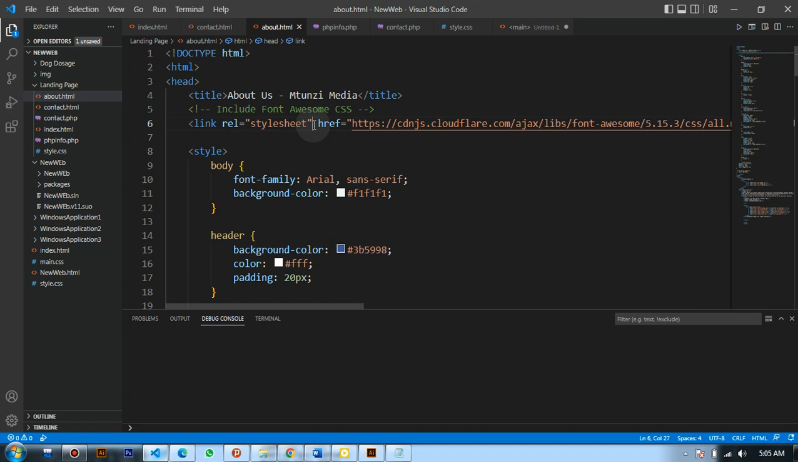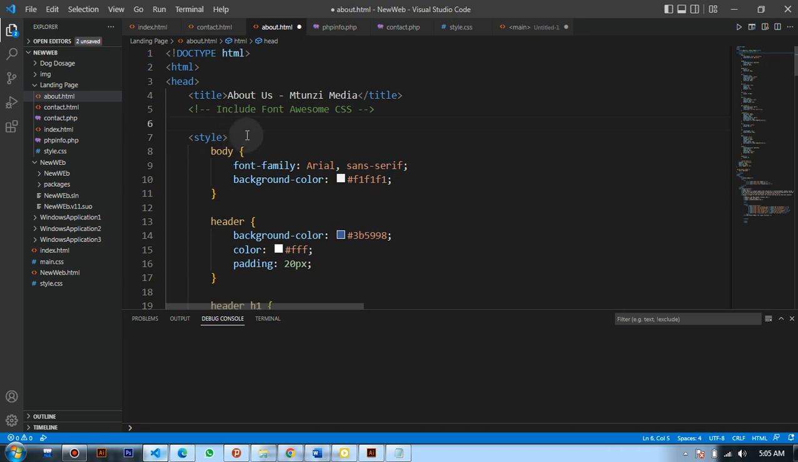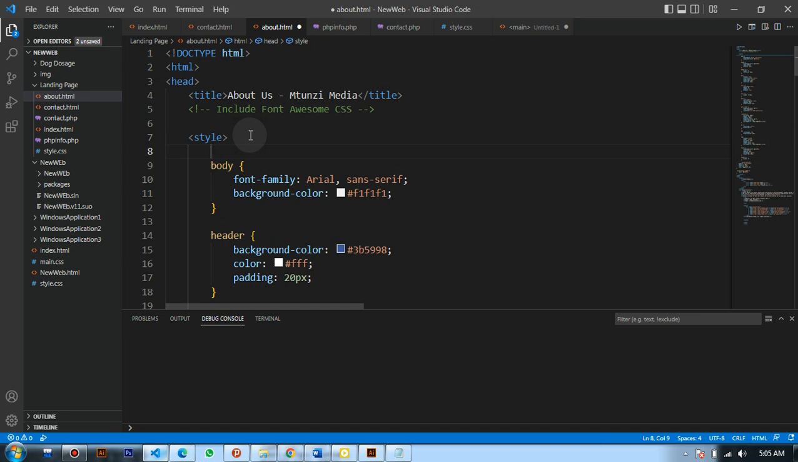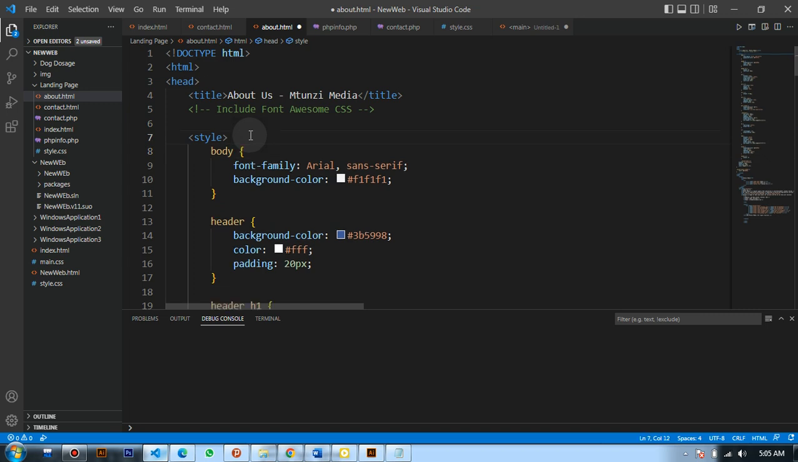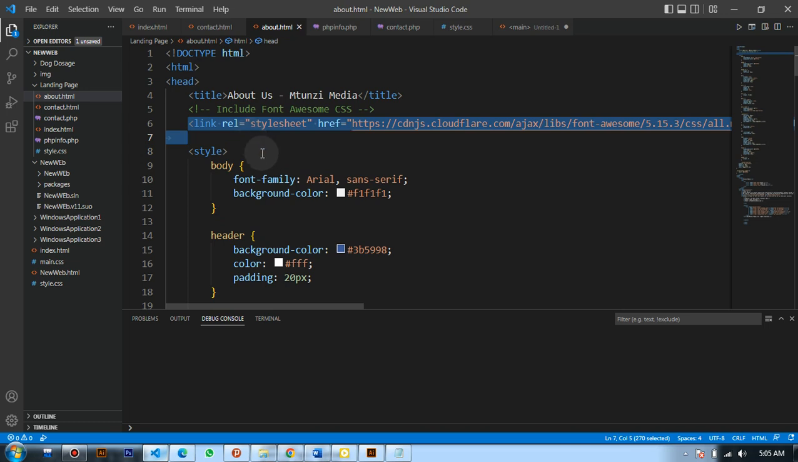What should I do? Am I able to just copy this whole thing, then include it here? Is it possible? No, I think it is not good. So I'm just going to click Control Save, right? Then